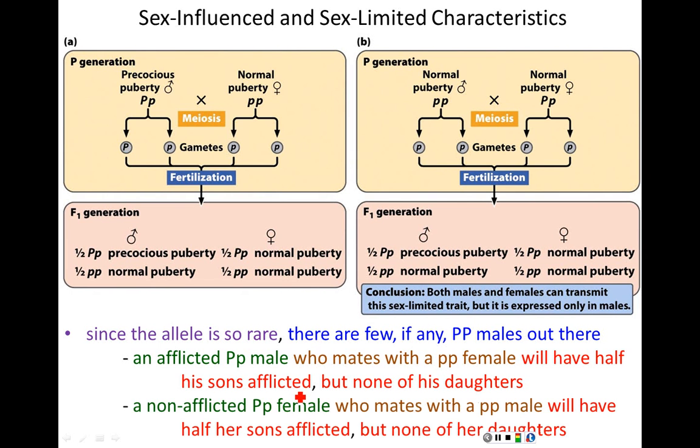You can do the reciprocal cross, right, where we flip the genotypes of the mother and the father. So now you have a non-afflicted heterozygotic female, non-afflicted because 0 penetrance in females. And she mates with a male that doesn't have the condition because the male is homozygotic recessive. So here neither parent shows the condition at all. But in this mating, half the sons will have the affliction because half the sons got the dominant allele from the mother. Half the sons will not have it because they got the mother's recessive allele. None of the daughters will show the trait. Did half the daughters get the dominant allele from the mother? Yes, they did. But 0 penetrance in females. Period. Sex-limited.